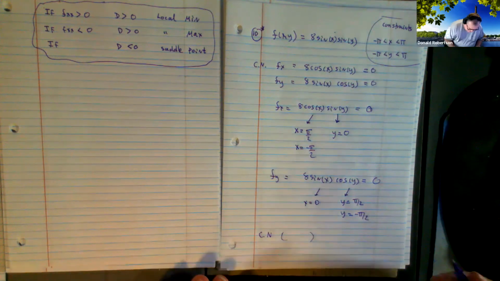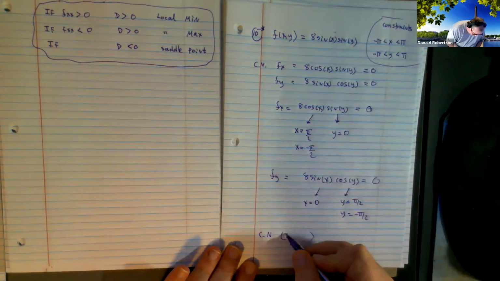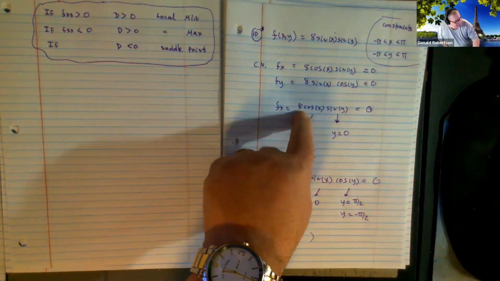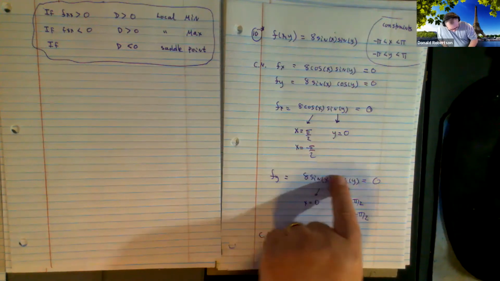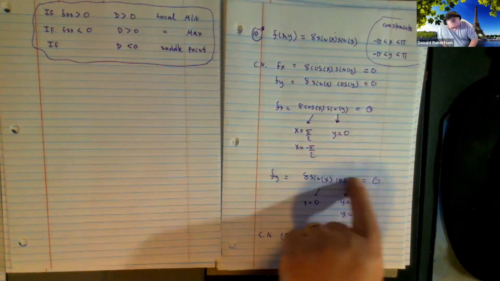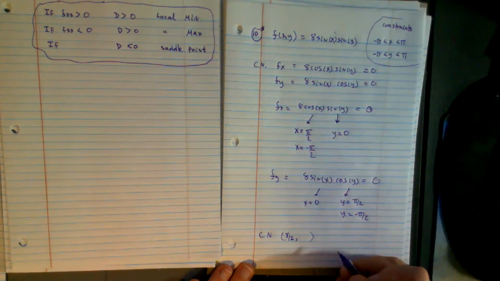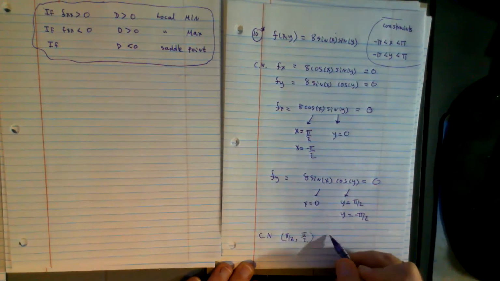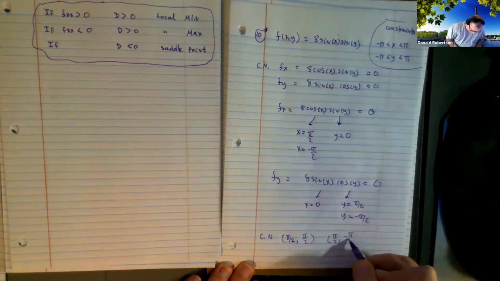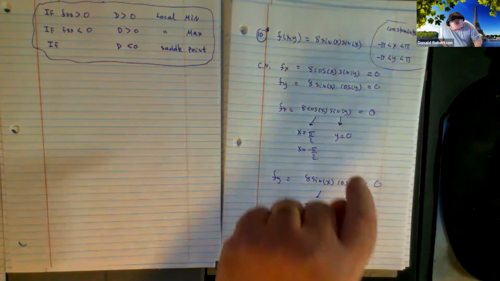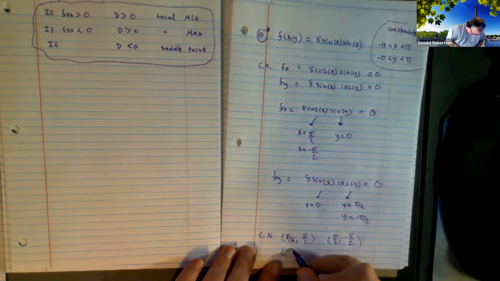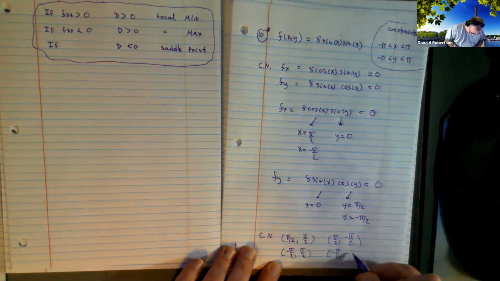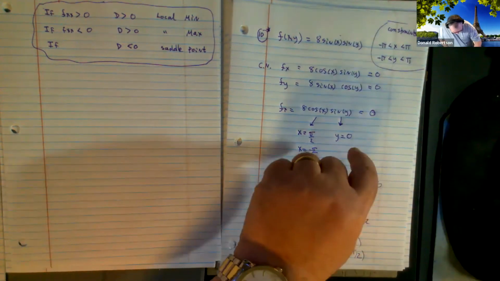Okay, I'll start. If I make x π/2, won't this be 0? If I make x π/2, what do I need to do in the y value to make the second guy 0? Well, it'll have to be π/2 or −π/2. Okay, are you comfortable how we found those two guys? Now, if I pick −π/2, won't you also have to do π/2 and −π/2? And if I make y 0,